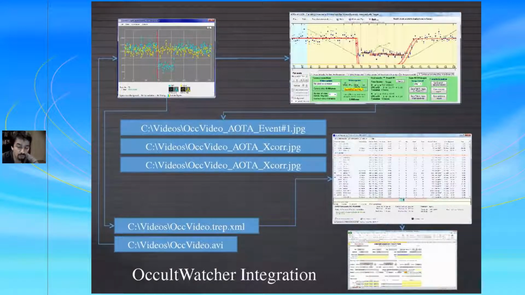So if you use the Excel form, you can ask Occult Watcher to automatically pre-populate your form, which includes everything: the instrumental delay, the errors, the error bars, the events, everything, which is a really excellent way of making sure that the user doesn't make any mistakes when they enter the data extracted from the event.